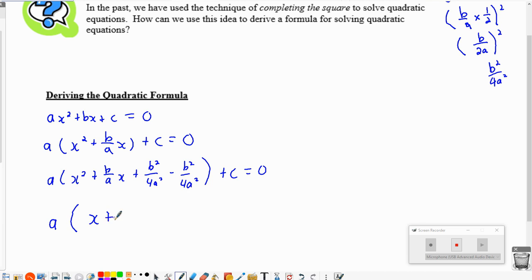What's the number that goes in the brackets then? You'll have to have done some homework to know the answer to that. B over a divided by 2. That thing right in there. And maybe are you getting it from here? Is that how you remember it? Yeah, interesting. You can take this and divide it by 2. You can take this and square root it, or the other place I suggested to find it was right here, right before you squared. That's that number there. So I get x plus b over a, b over 2a. And then this becomes